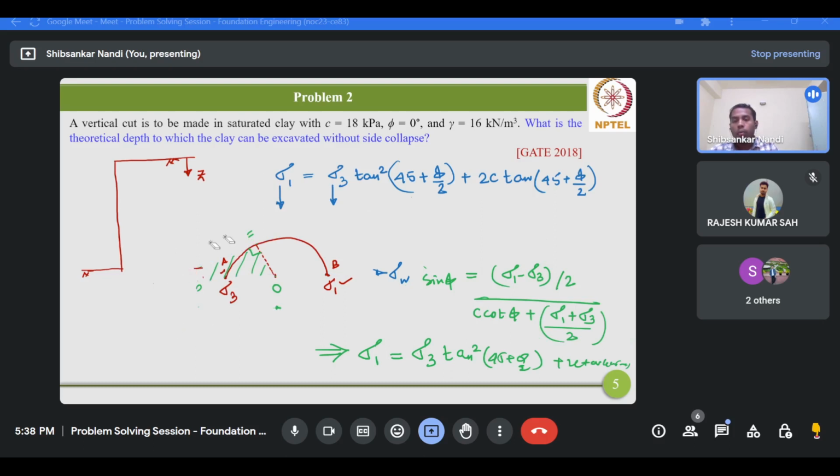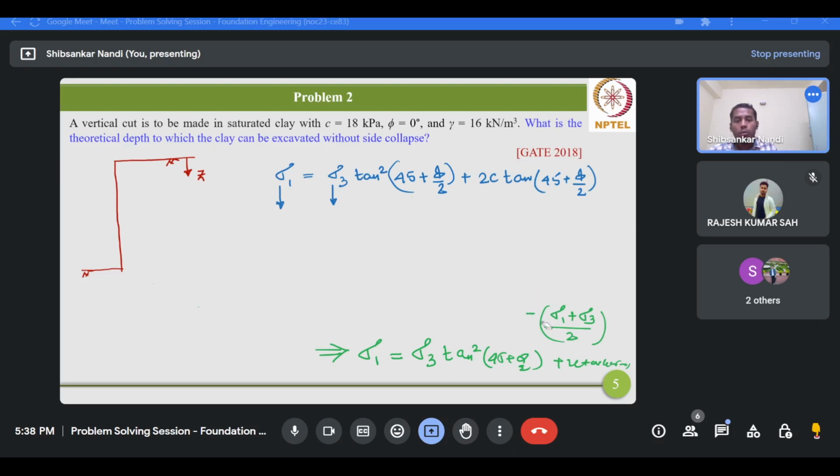Okay. However, for a broader perspective, I am explaining a little bit about this. Now we'll basically consider the active condition, since I have mentioned that to determine the theoretical depth of a vertical curve, we should first know about the active earth pressure distribution in a purely cohesive soil. Now for active condition,